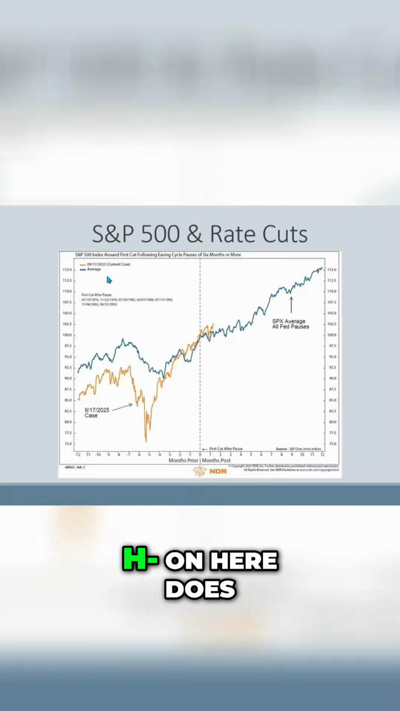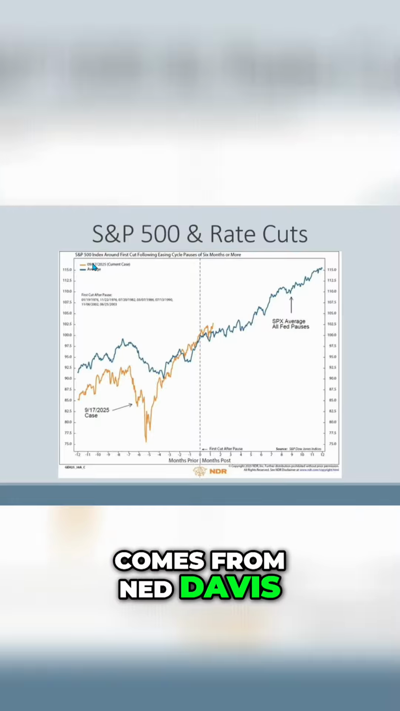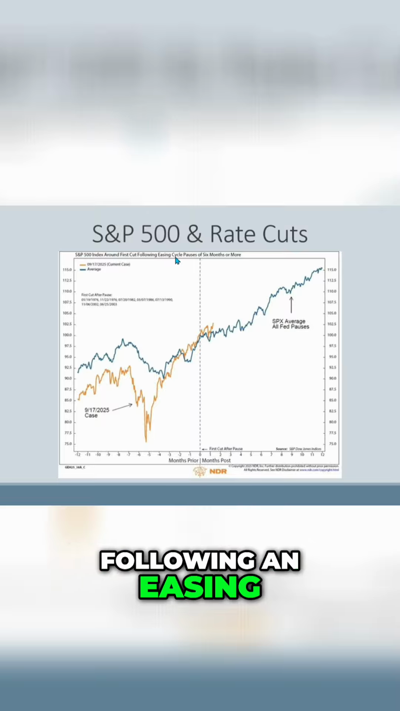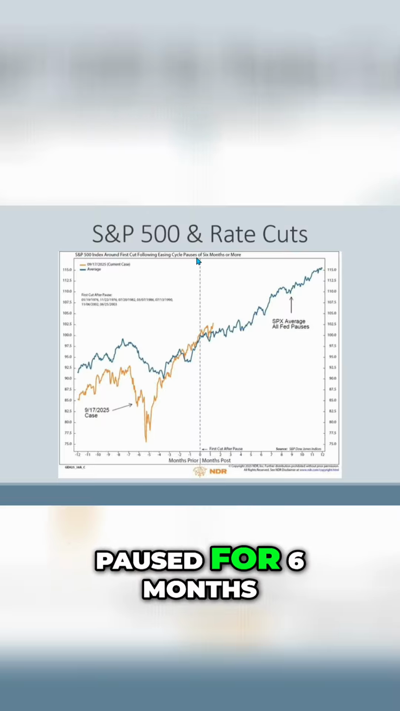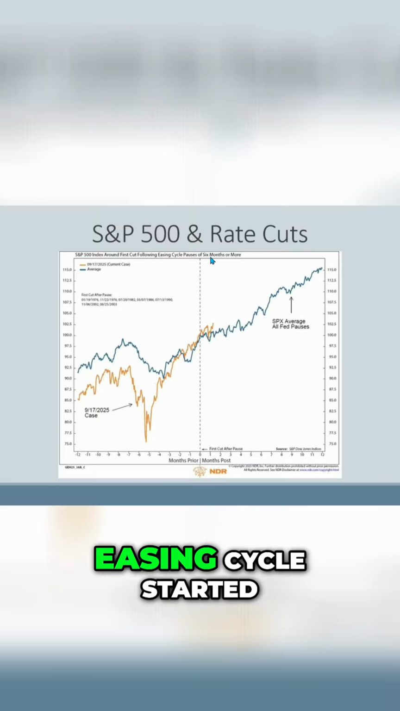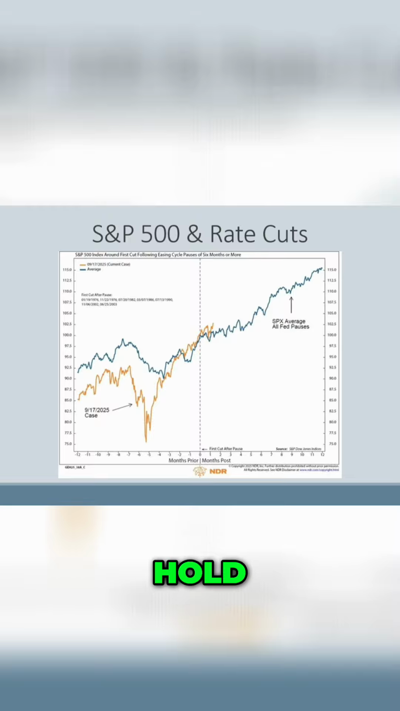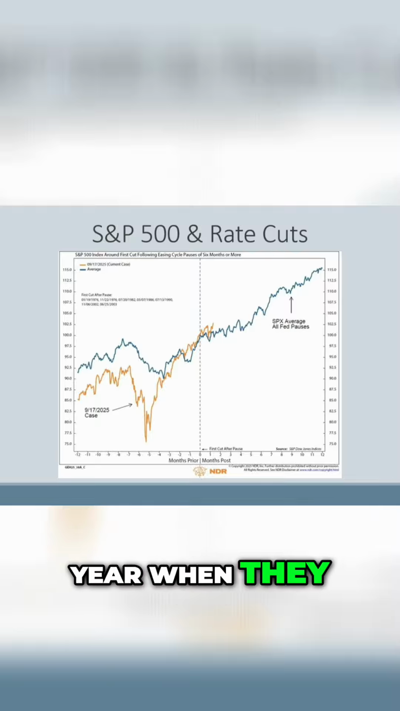What this chart does, this chart comes from Ned Davis. It looks at how the S&P 500 does following an easing cycle where they've paused for 6 months or more. So that's what we had. We had an easing cycle started back in late 2024. Fed did a couple rate cuts, and they've been on hold until September of this year when they started cutting